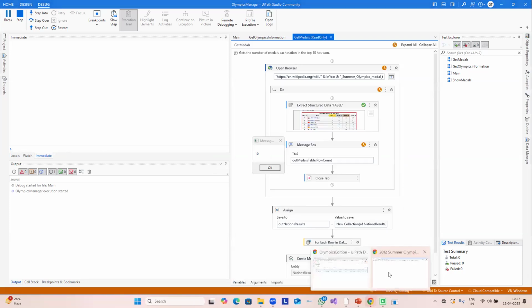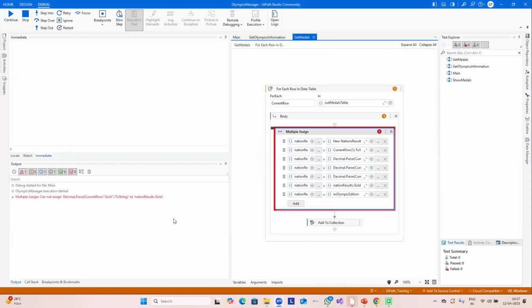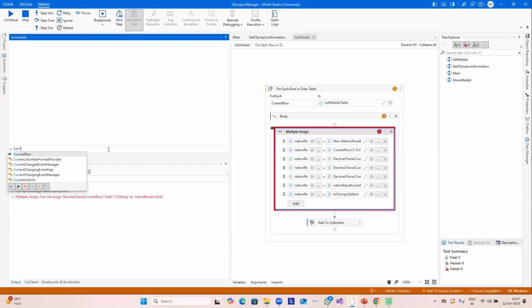and see that it has basically started extracting the data. It has got the data. Let's click on OK. Currently, it has failed. It's saying that decimal parts current row gold dot toString is nation result dot gold. Multiple cannot assign. Why? Just a second. Current row gold is there or not? First of all,